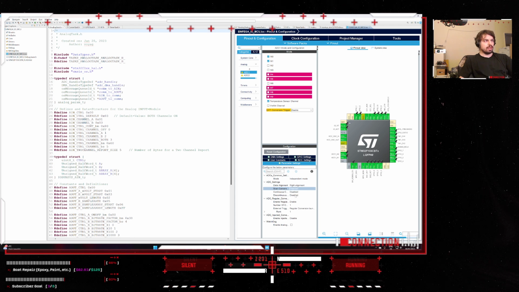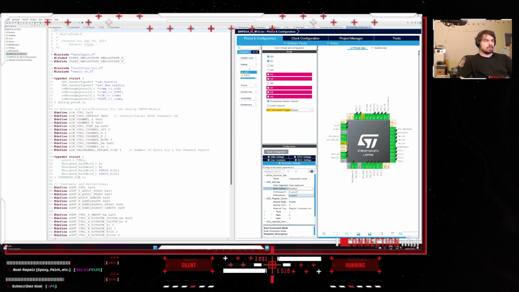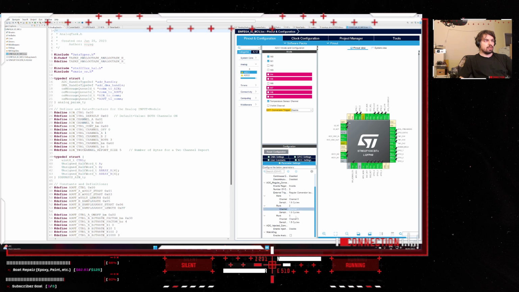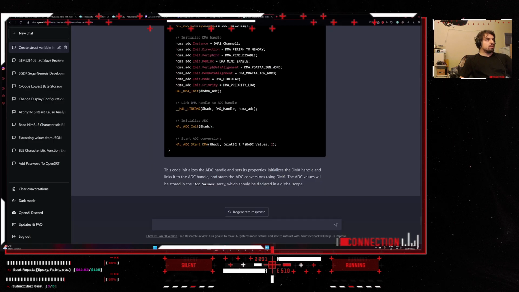So, Scan Conversion Enable. Wieso geht das nicht? Hä? Wieso kann ich nicht auf Scan gehen? Number of Channels 2, 3. So. Jetzt können wir scannen, oder? Ja, jetzt ist Scan möglich. So. Wir stellen die richtigen Channels ein. Channel 1, Channel 0, Channel 1, Channel Temperatur. Okay, und dann hier Start